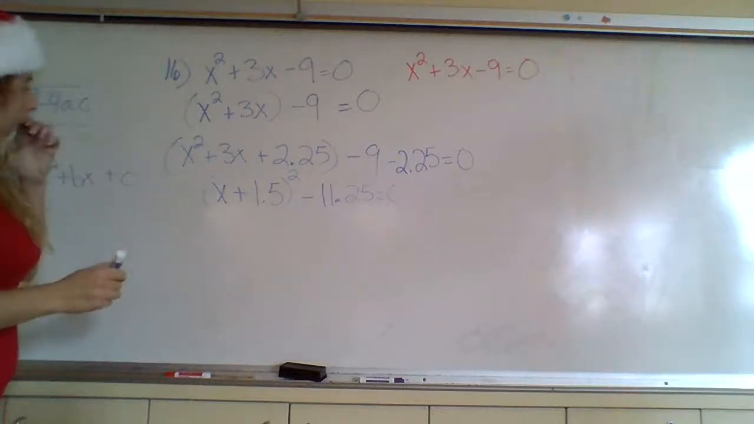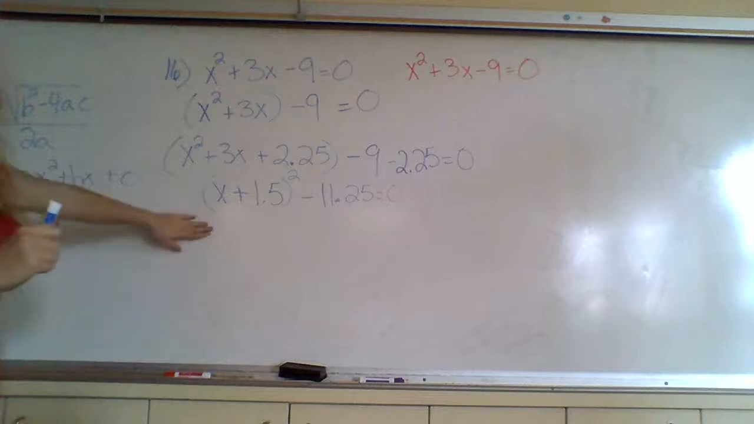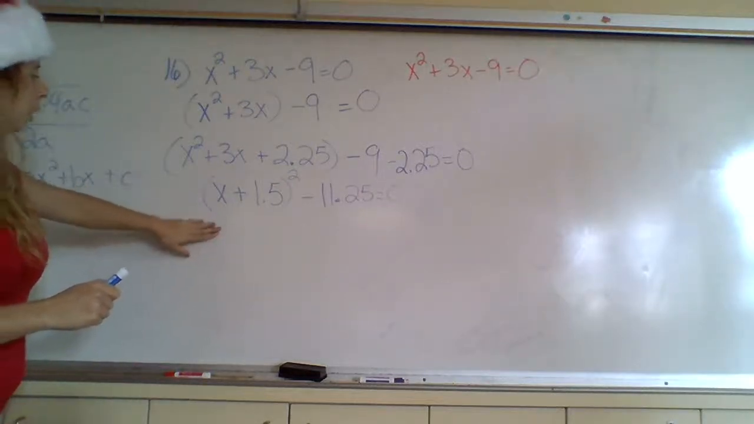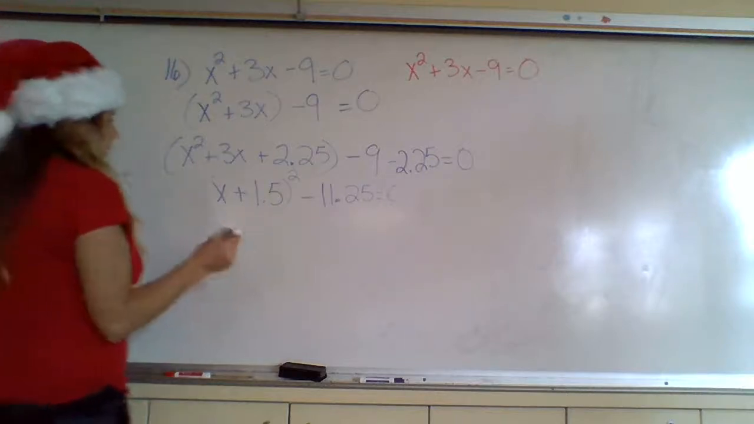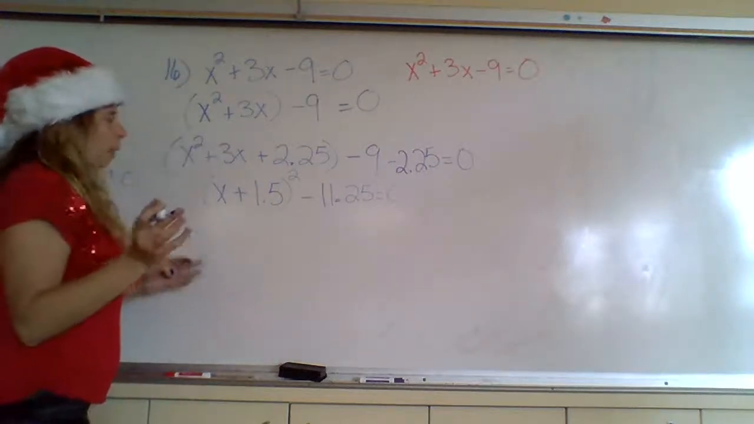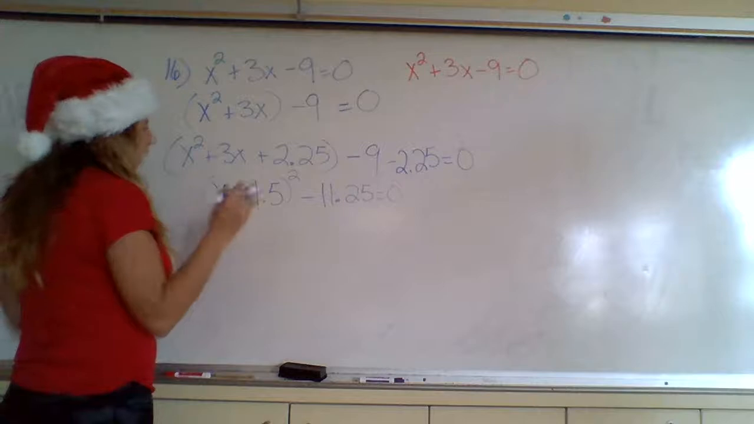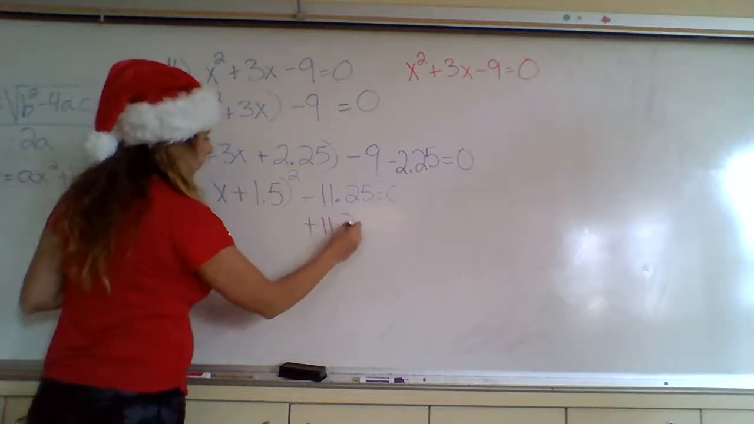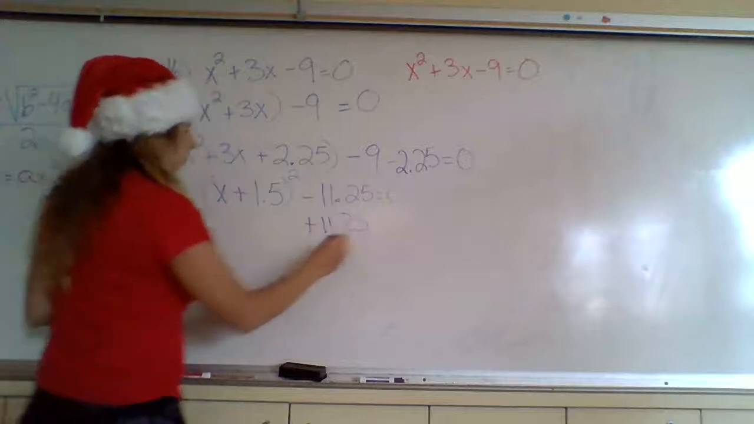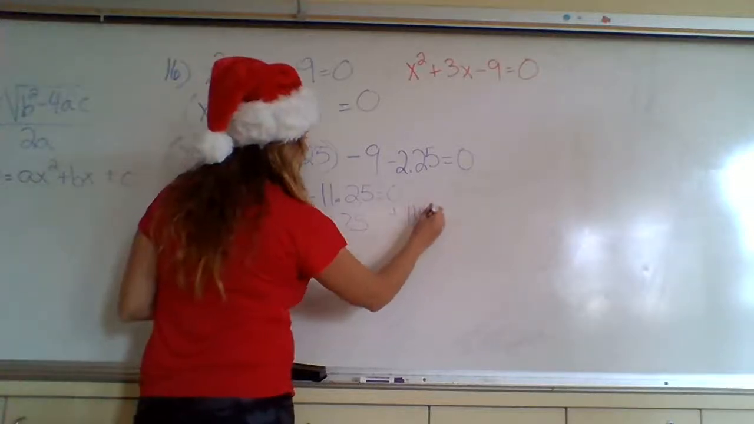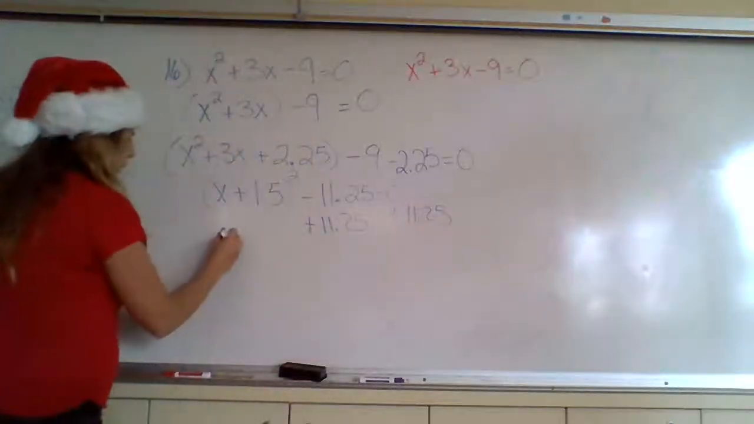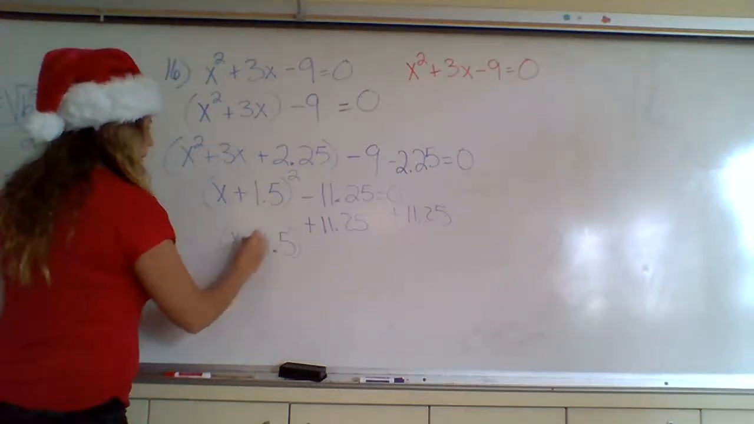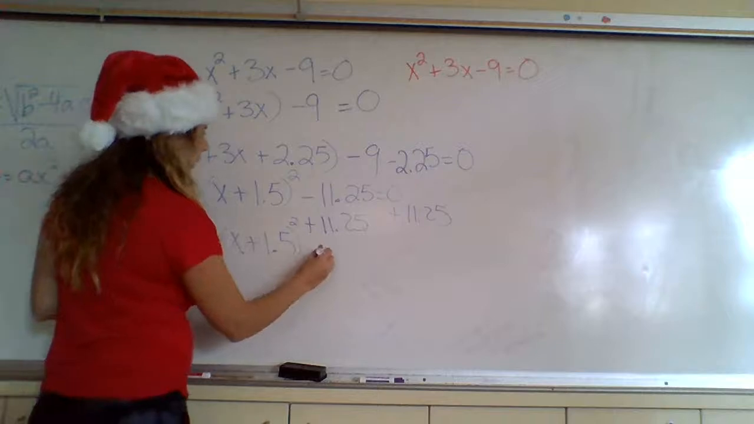All right, now you're solving, you're not done. You're solving for x. So we have to solve for x now. So remember, opposite of PEMDAS, you do it backwards. So start on the outside and work your way in. So I'm going to add this to both sides. So over here I have x plus 1.5 squared equals